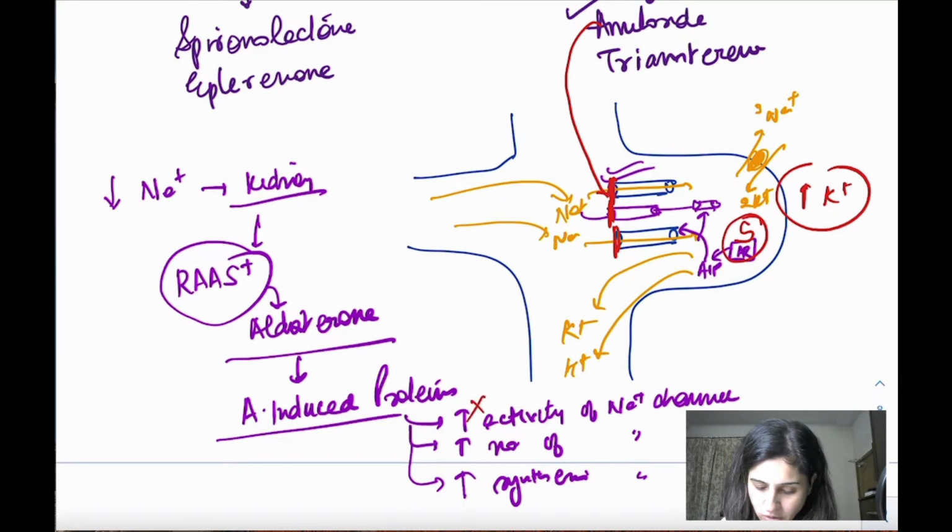So there will be no activity, no increase in number, no increase in synthesis. So whatever it is doing, ये सारा जो काम है, जो इसका काम है, ये कम हो जाएगा. Again sodium reabsorb नहीं हो पाएगा अंदर, and potassium retain रहेगा, hydrogen retain रहेगा. So it leads to saving of potassium. So it spares the potassium, it saves it inside the body. That's why they call us potassium sparing diuretics.